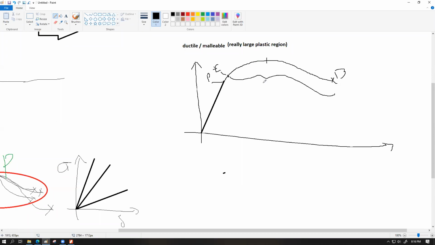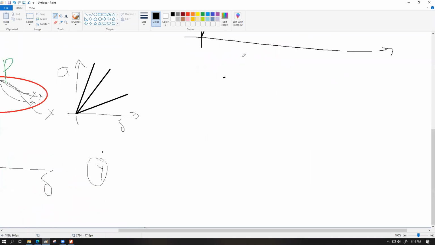This is the part for materials. So materials which have a large plastic region are called ductile materials or malleable materials. The next thing that we have is what we call,